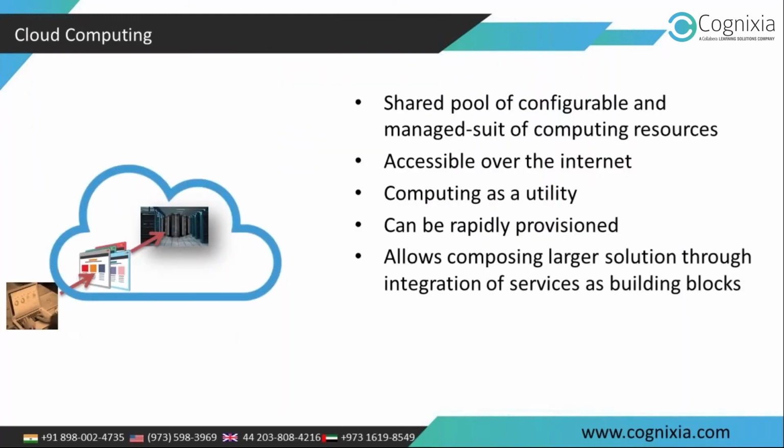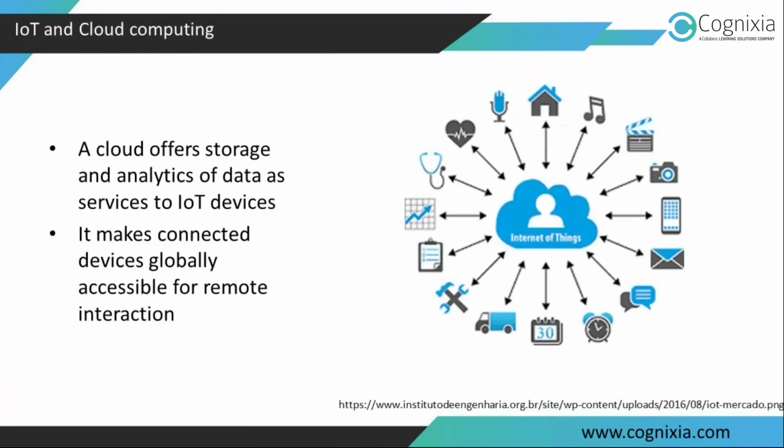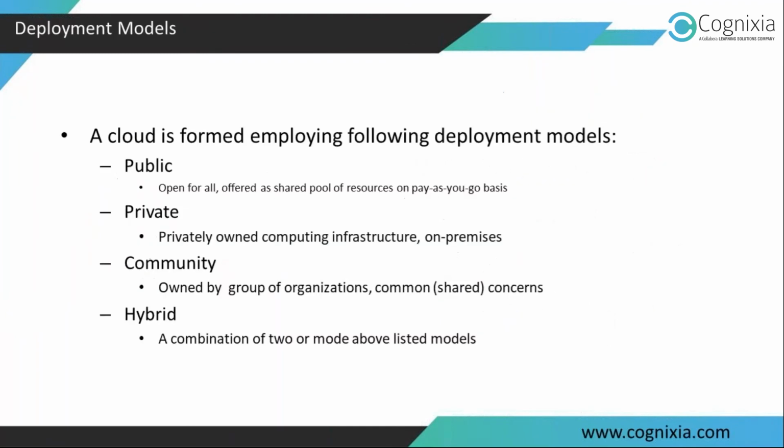And then the next component that I already talked about is obviously the cloud. The cloud has commoditized computing, and there are different types of deployment models. I'll directly jump to this slide. We have public cloud platforms, private cloud platforms, community cloud platforms, and hybrid cloud platforms. You can read more about this because we are running short of time, so I'll just make it quick for you.